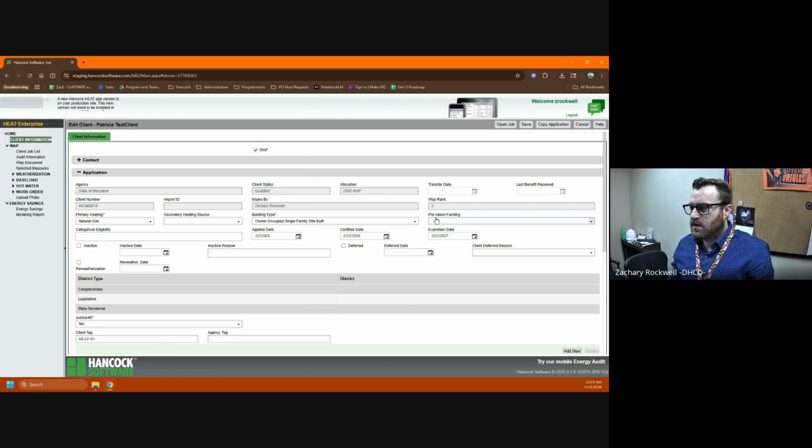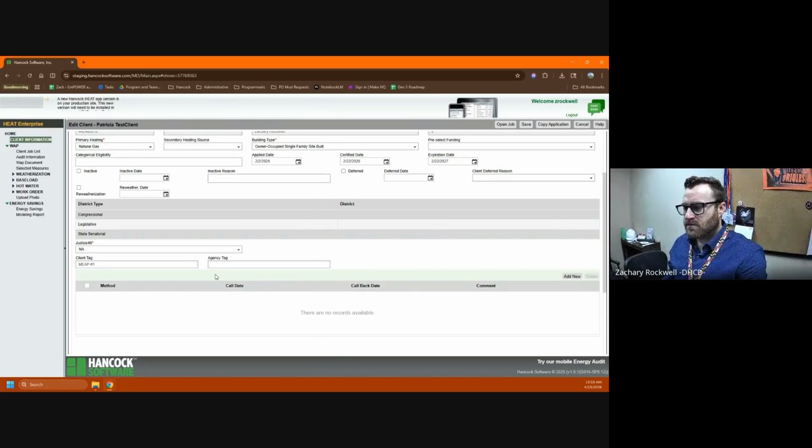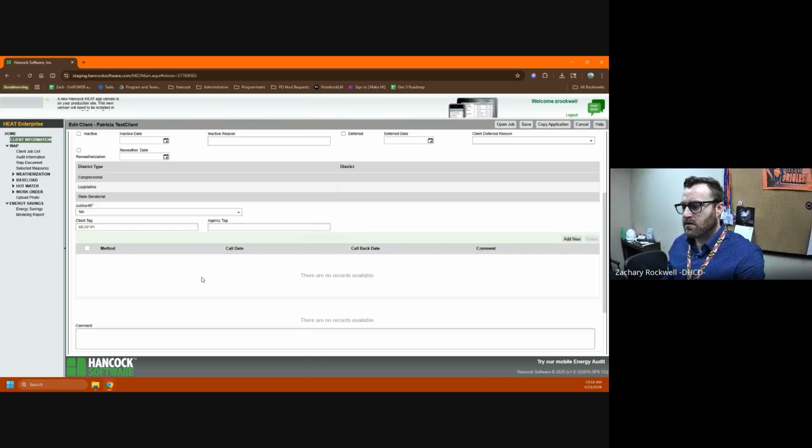All right. So once we've done that, actually, you've done all that. You made sure you have the WAP rank. And after you're done with this is when you would start reaching out to the client to schedule the audit to go out to the property. And that is something that you want to make sure that you are noting in the file. So each time that